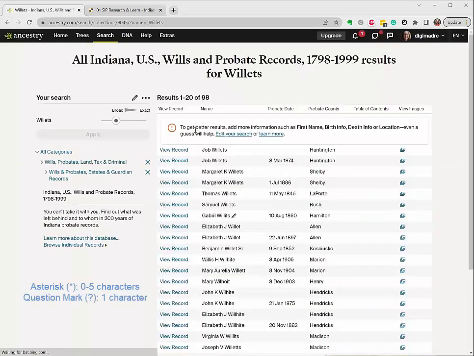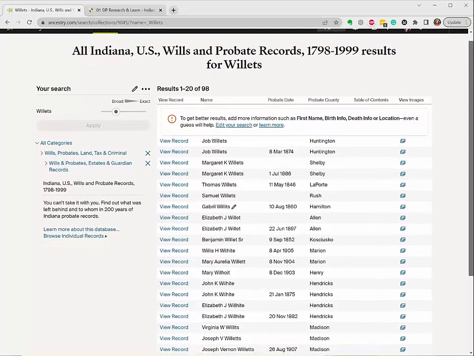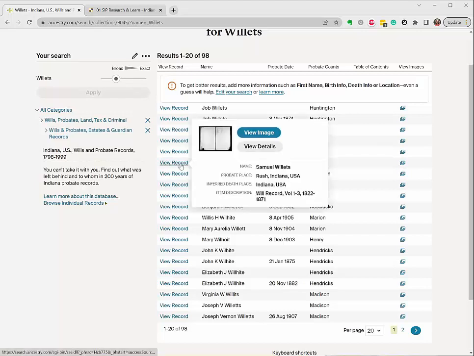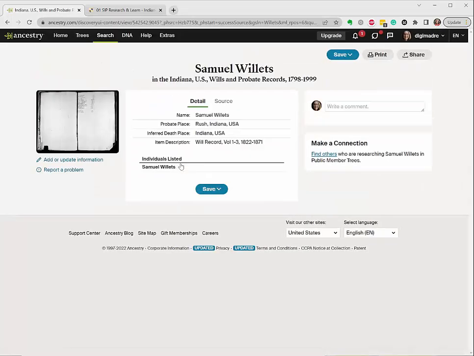I think it's question marks and asterisks for substituting and different ways to put the name in there. But as you can see here, we've got a lot of Willits and different versions of the Willett name, and actually we do have Samuel Willits' will in here. So we'll go ahead and click on View Record, and I can see right away that this is actually the